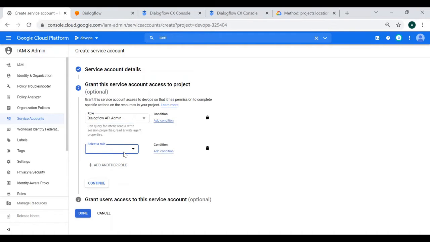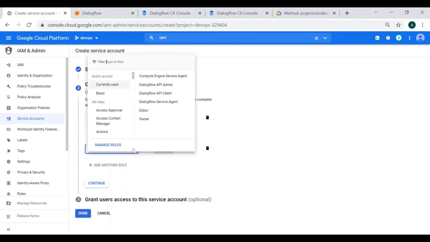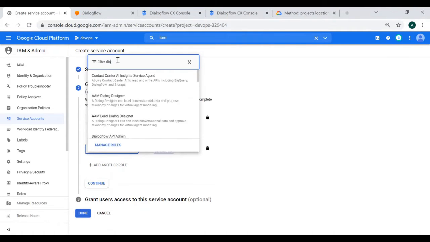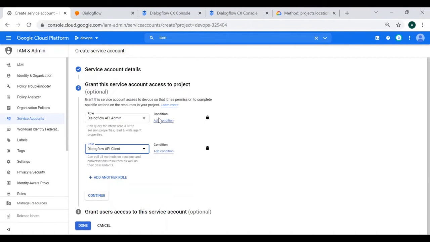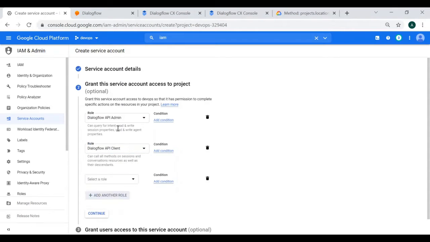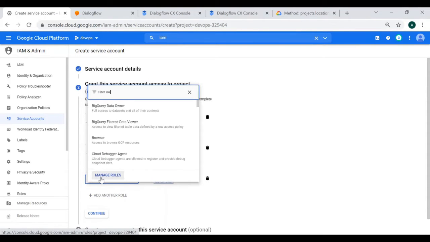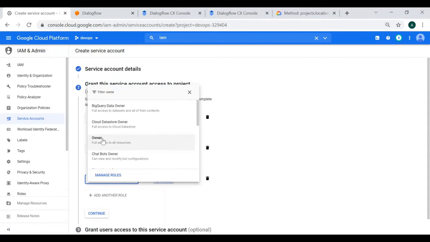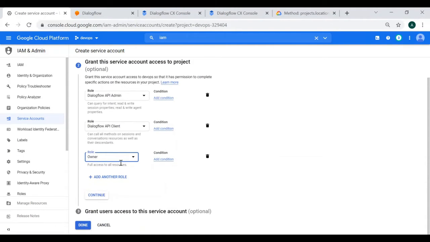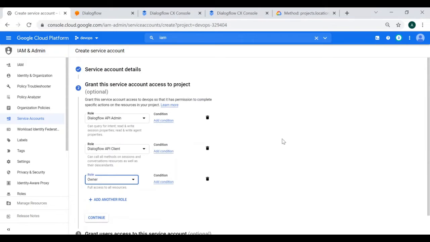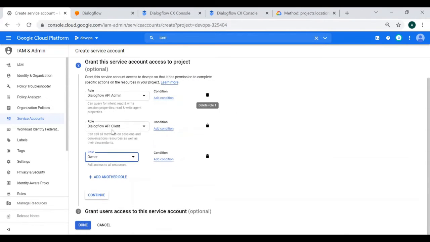Secondly, I'm going to give it the Dialogflow client role. And the third and last one which I will give here is the owner role. Three roles are required to successfully export the Dialogflow CX agent, and I say done.